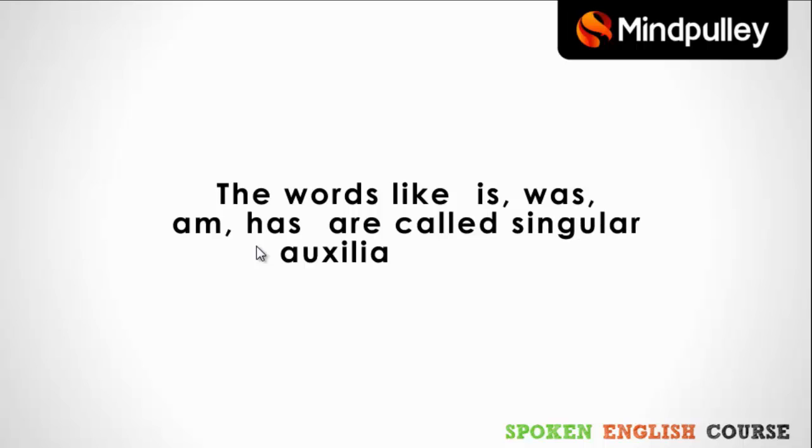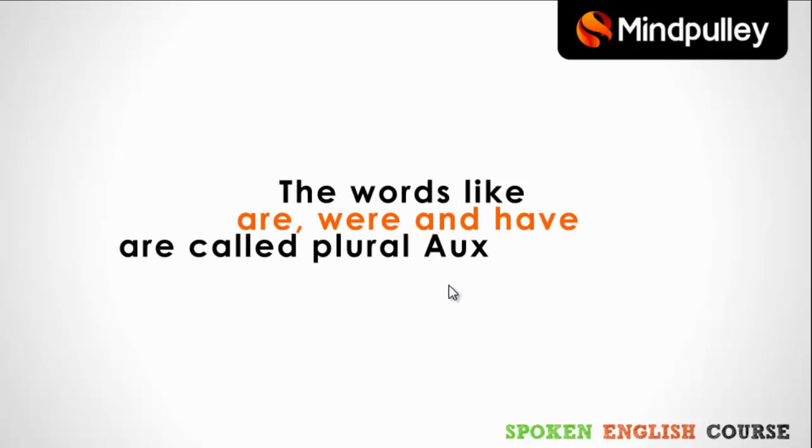The words is, was, am, has are called singular auxiliary verbs. जो ये शब्द हैं यानी कि ये auxiliary verbs is, was, am और has ये singular person के साथ आती हैं, इसीलिए इन words को singular auxiliary verbs कहा जाता है. And the words like are, were and have are called plural auxiliary verbs. ये शब्द are, were and have जो हैं plural person के साथ आते हैं, तो इसीलिए हम इन्हें plural auxiliary